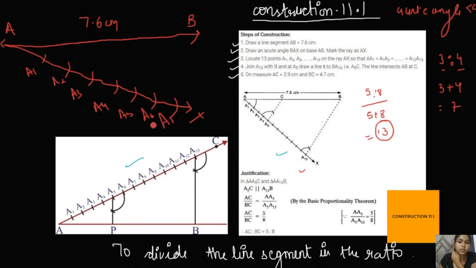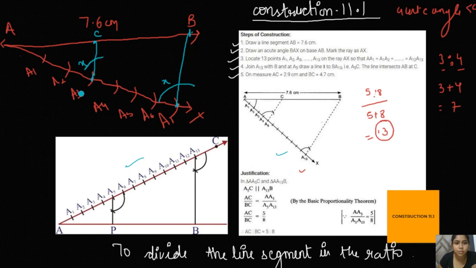Right. Now this is 3:4. For the last arc, you have to join it with the B point. You have to join both of them like this. Right. Now you will need a protractor and you will measure this angle. Now it is 3:4, so you have to go to the third arc. Whatever this angle is, let's just suppose this is angle X, so just make the equal angle X here. Right. And draw the parallel line which cuts this AB at a certain point, let's just suppose C.